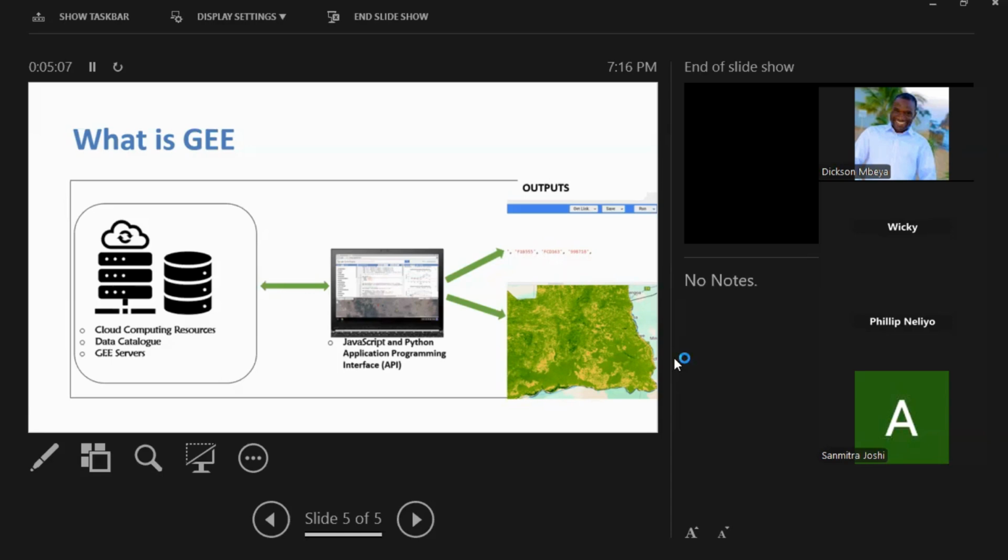But Google Earth Engine is a cloud computing platform which allows you to do a number of analyses for remote sensing data, not just remote sensing data, but you can also work with feature collections or vector data, though it is largely used for remote sensing data. It allows you to process satellite imagery or remote sensing data without the need for you to